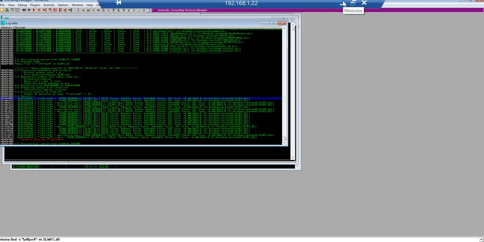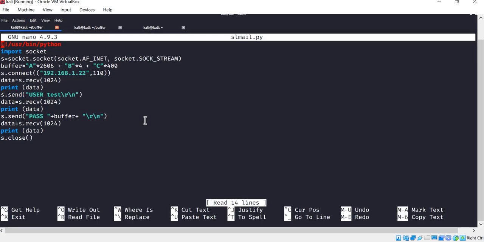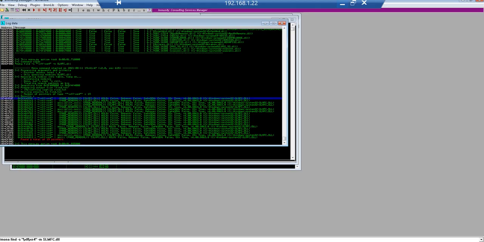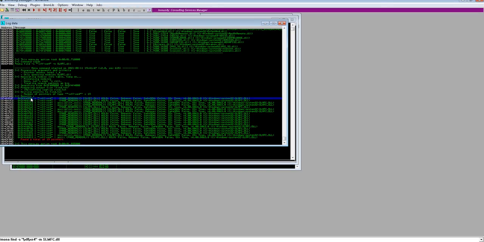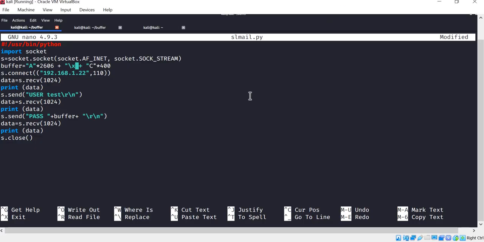Let me minimize this and go to my Python script again. And instead of B, what I do is we need to write it on the reverse side. So I'll just say X. I'll just copy 8F first and 35 next.